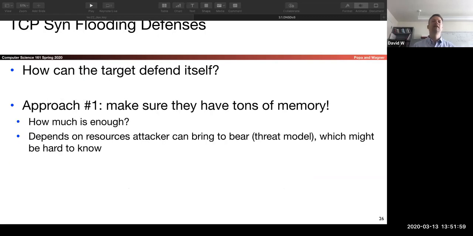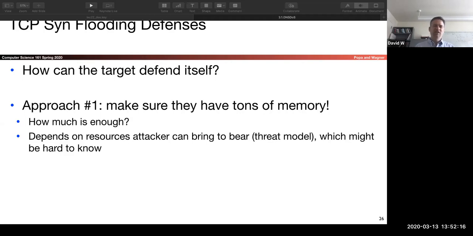Okay, so this is a SYN flooding attack. So how do you defend against SYN flooding? There's some interesting defenses out there. The first defense that might occur to you is to buy lots of memory. Memory's cheap. And it seems reasonable, but you kind of got to work the math to figure out how this is going to work,